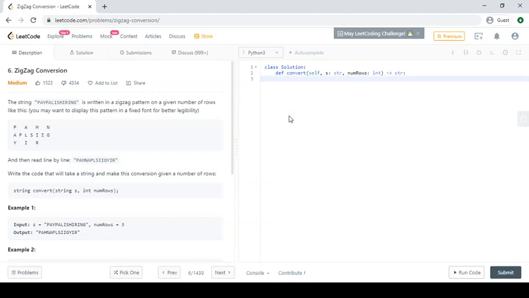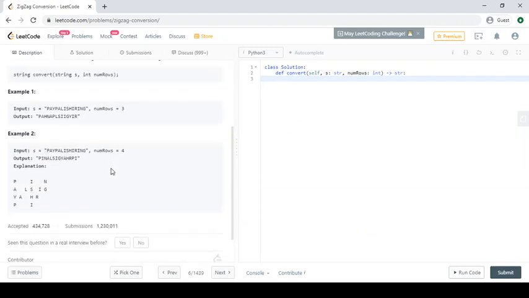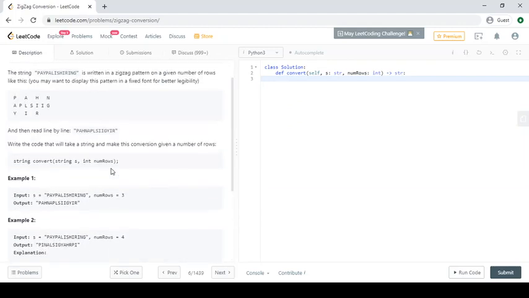So we will use this approach to solve this problem. Now the input can be any number of rows. So we'll assume if the number of rows is 1, there will be no zigzag pattern, so we'll return the string as it is.